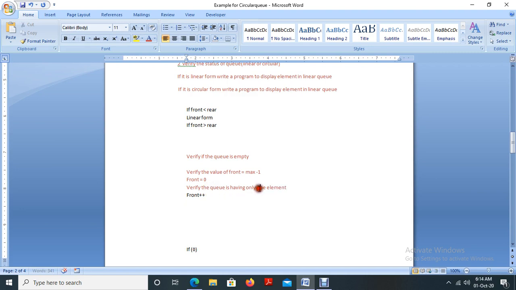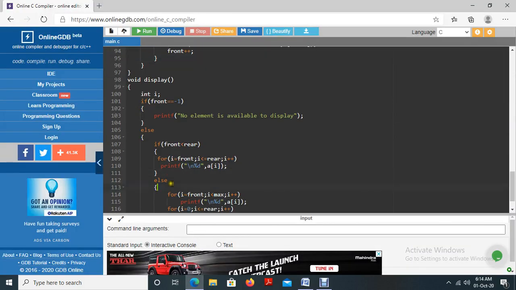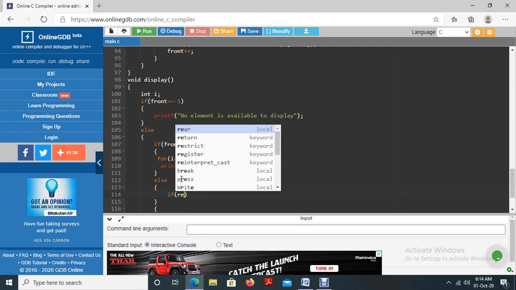If this condition is true, then write the program for that one also. So I missed that one here. So I am writing after this else a program for verifying whether the queue is having only one element. How will we verify that? We already discussed, so I am not repeating the same here.